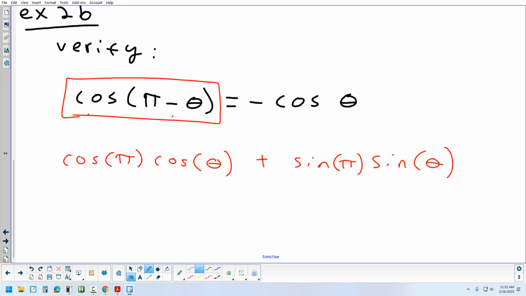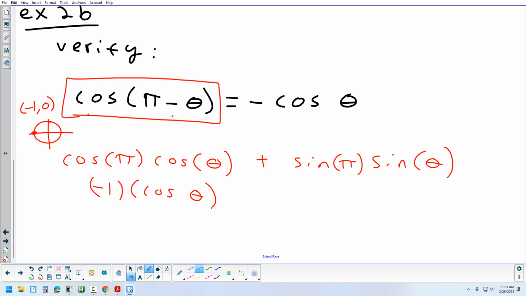Pi. Let's think about that on the unit circle. Where's pi? 180 degrees. So where is that? On the left side, which is negative 1, 0. And cosine is which letter? X. And in this case, x is? So negative 1